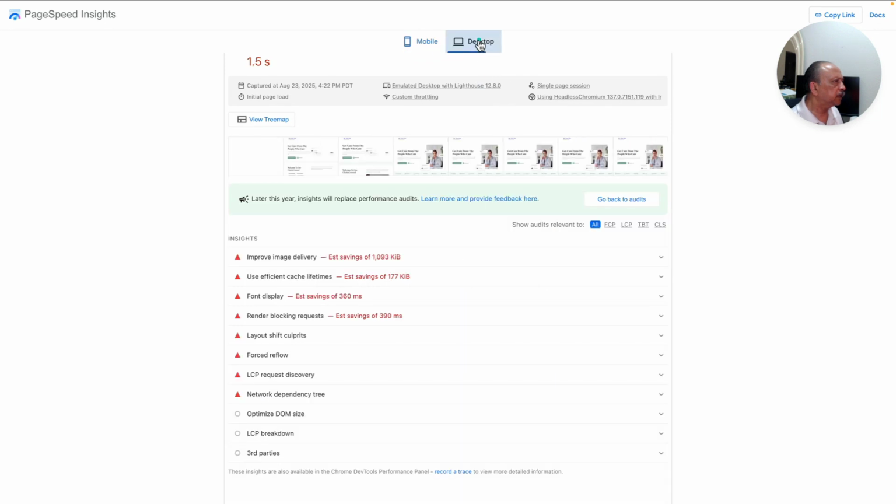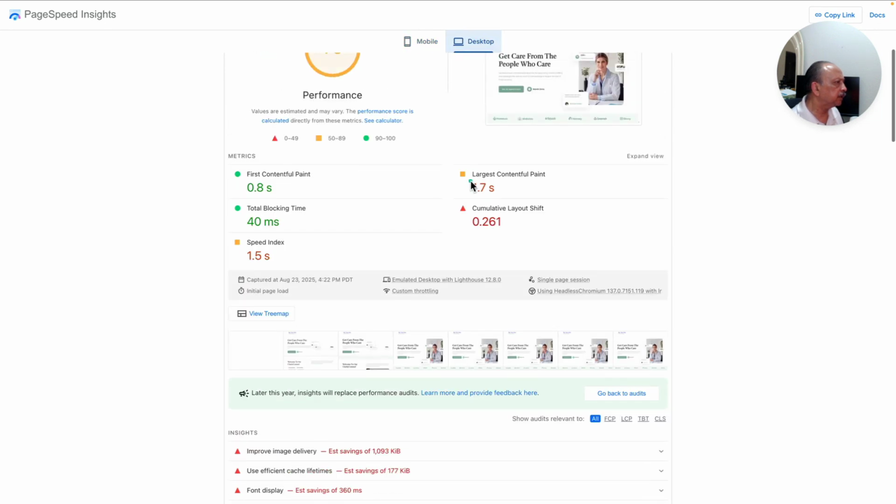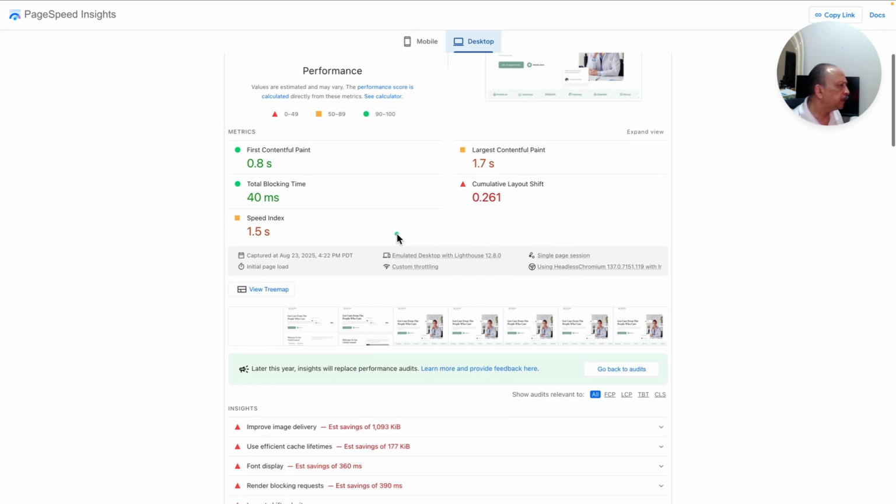Let's go quickly to check what's happening, at least on the desktop. So desktop FCP is probably fine. LCP is still kind of high. Cumulative layout shift shouldn't be there. Speed index, to be fair, may be affected if my hosting service is not fast enough,